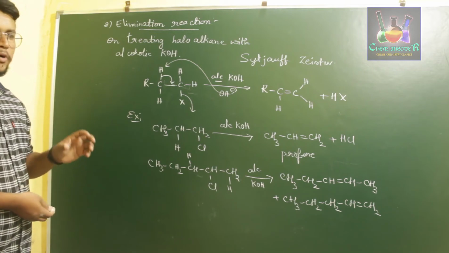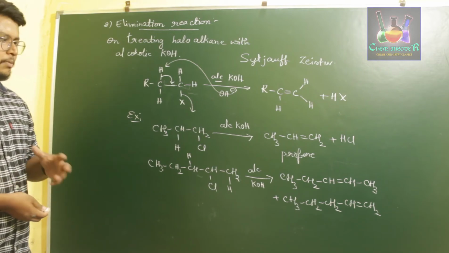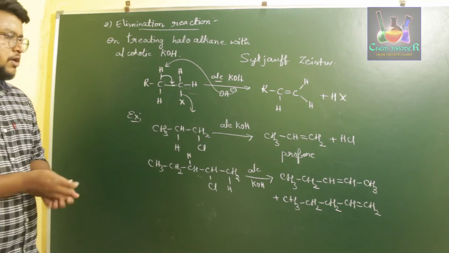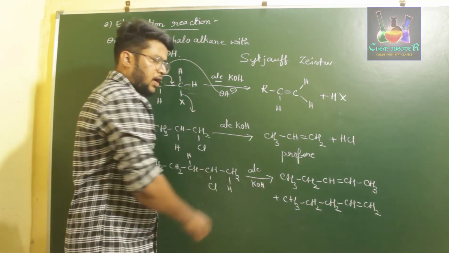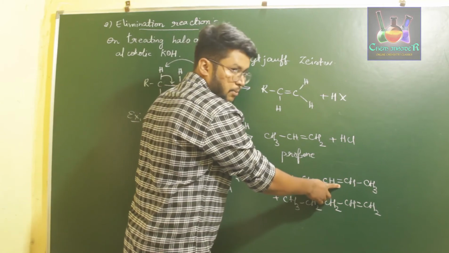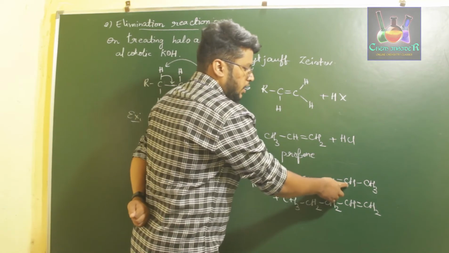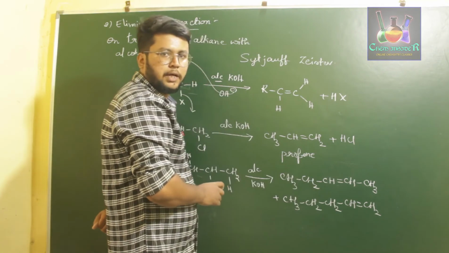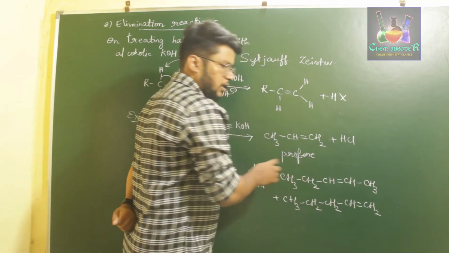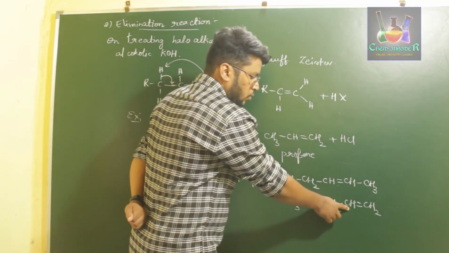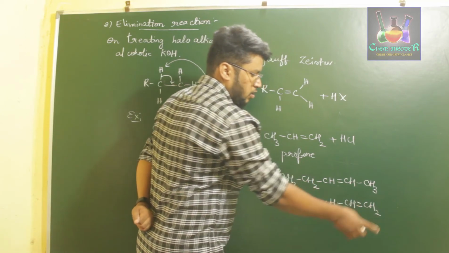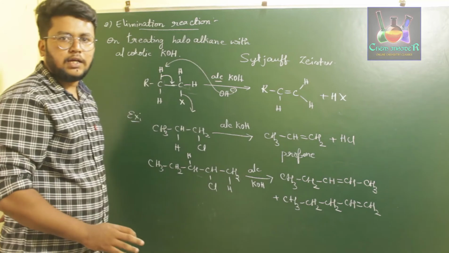So if a double bonded carbon has a greater number of methyl or carbon atoms attached to it, then that type of compound should be considered as the major. If you observe over here, we have two types of double bonds. In this case, the double bonded carbons are each attached to at least one other carbon atom. Whereas in the other case, one carbon is attached to the other carbon of the double bond, but the other carbon involved in the double bond is not attached to any other carbon atom.